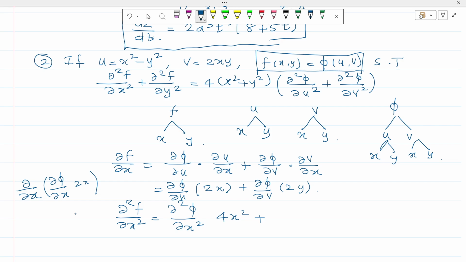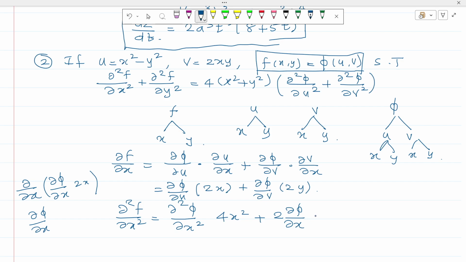So it is like the uv method. First we keep dou phi by dou u, then dou by dou x of 2x is 2, and then once again you have to differentiate phi. Since u is x square, once again you will get 2x here, therefore 4x square, then 2 dou phi by dou u